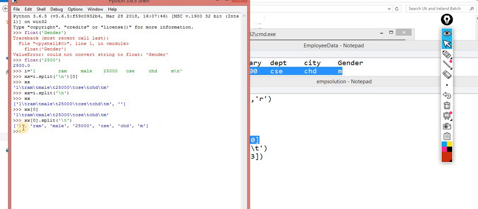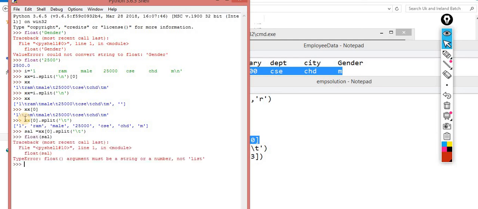After which index number do you require? 0, 1, 2, 3. The index 3 is required, and I put this into the salary, and then I converted the salary into float.